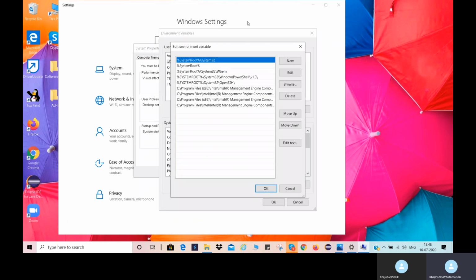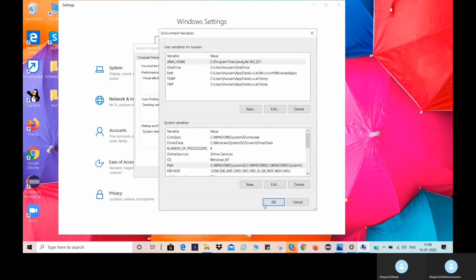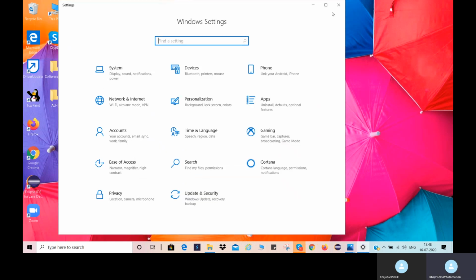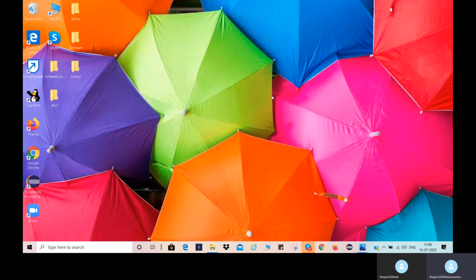Now click on the new button and paste the path whatever you have copied, Control V, and click OK. Again click OK. Again click OK. Now close this settings window. Now Java has been successfully installed in your system.